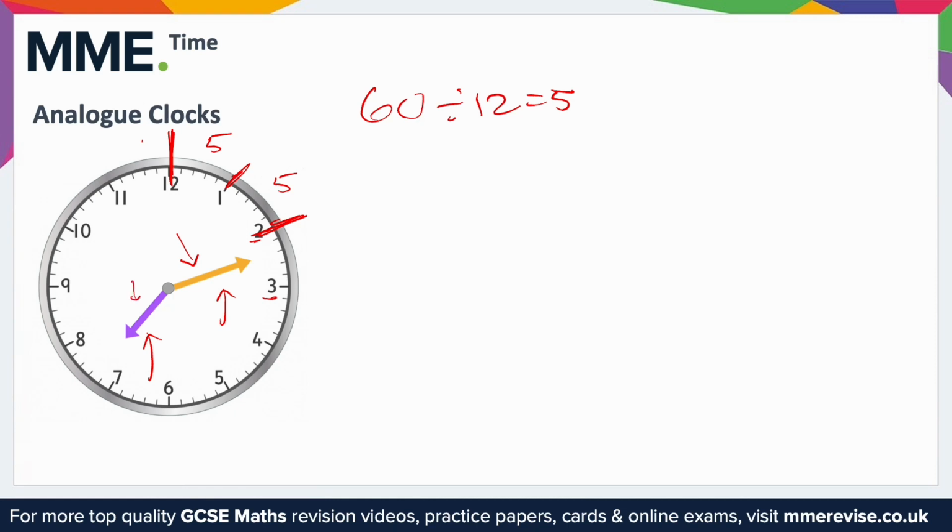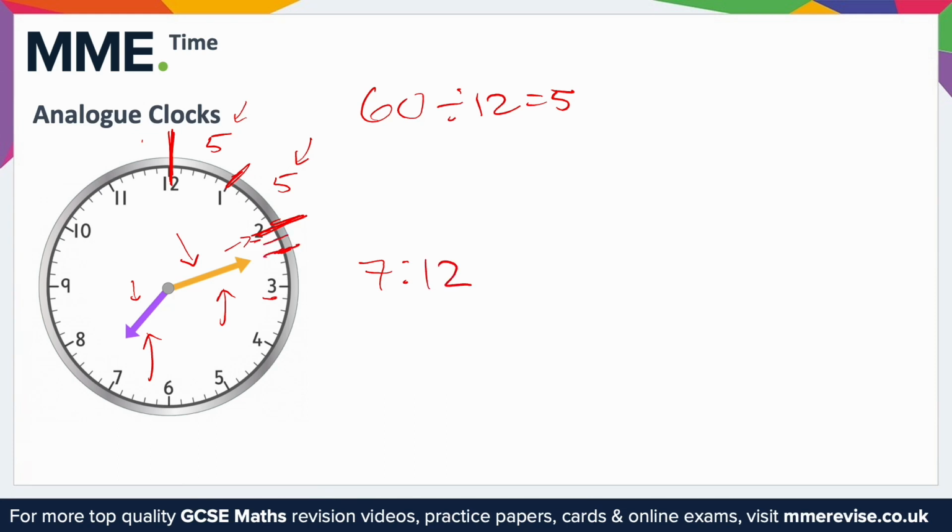Well, the hour hand is somewhere between 7 and 8, so it's going to be 7 something. Then the minute hand is somewhere between 2 and 3, so it's 2 sections past 12, so 2 lots of 5, 10 minutes past, but notice it's not pointing directly at the 2, so we need to see which bit it is pointing directly at. It's pointing at this little mark here that is 1 mark past 10, 2 marks past 10, so that must